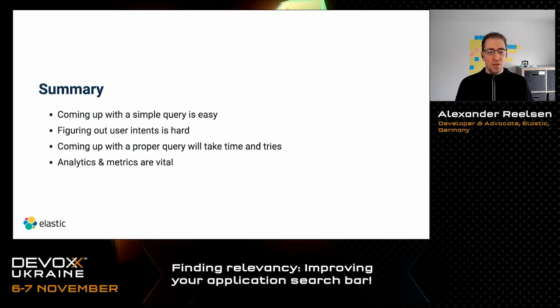So there are second order metrics, but if you have direct metrics and analytics about your search, like, did this search lead to a product view? Did this search lead to putting something in your shopping cart? I think you can create much better indicators of whether your search has improved or not.